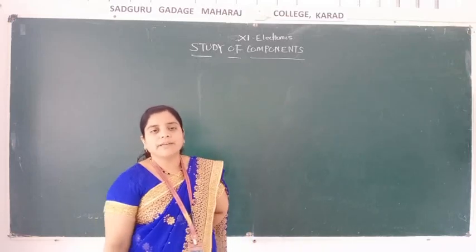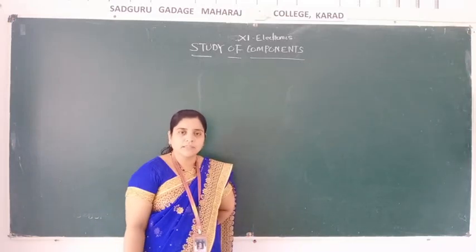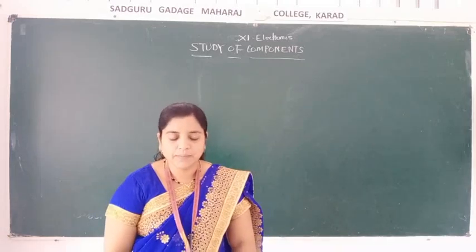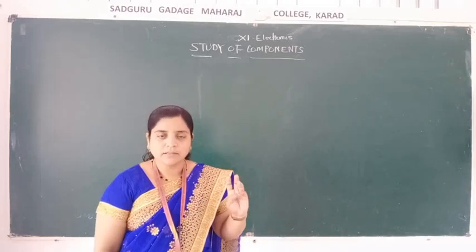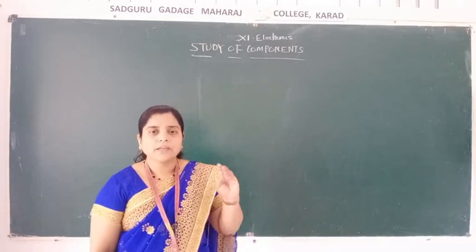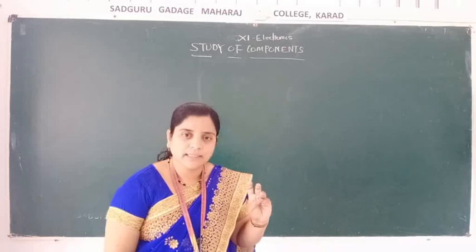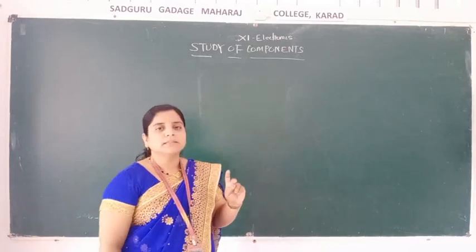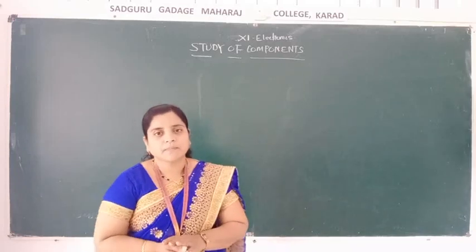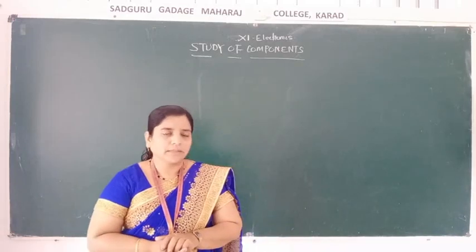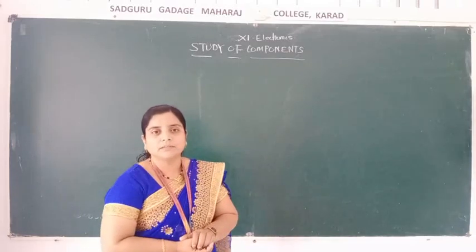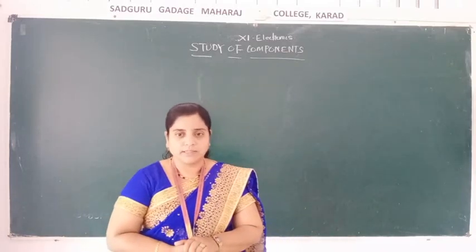So we have seen the variable resistors and their types. Variable resistors have three types: rheostat, potentiometer, and the third is what? It is a variable resistor or capacitor. So all these are the variable types of resistor.